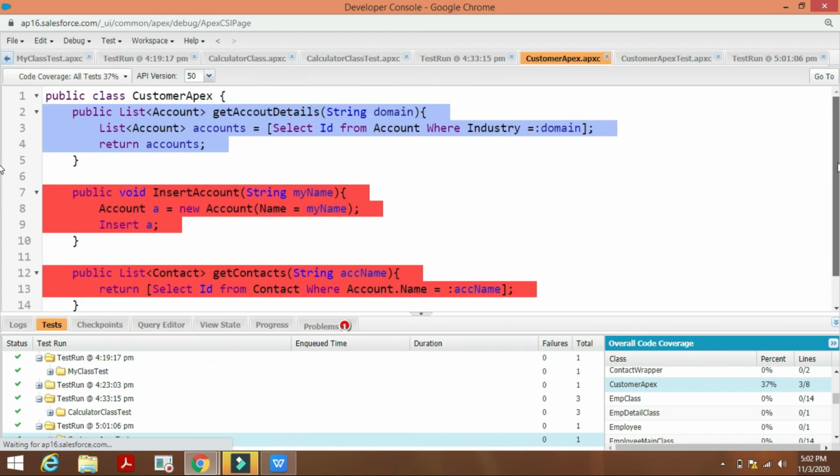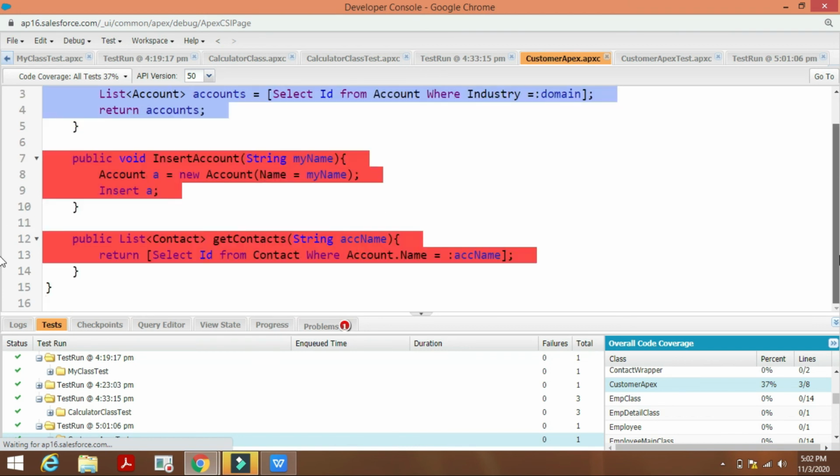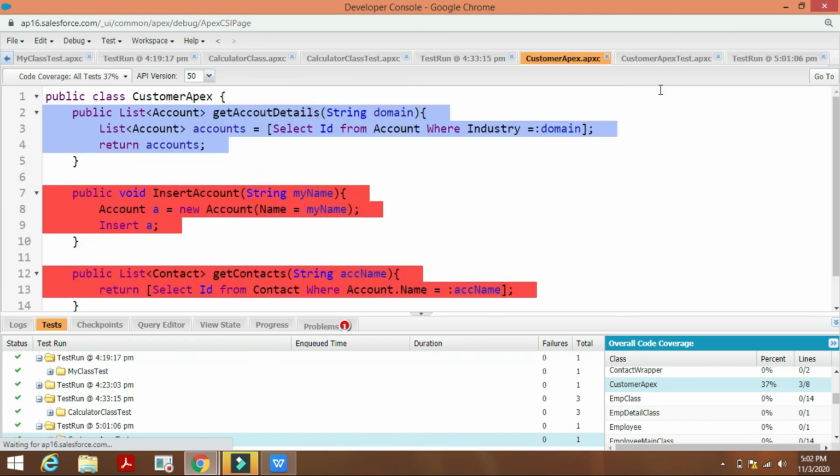So first 3 lines are only executed. CustomerApex test details 37%.